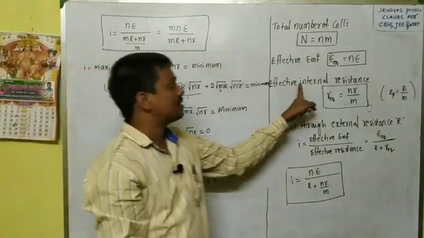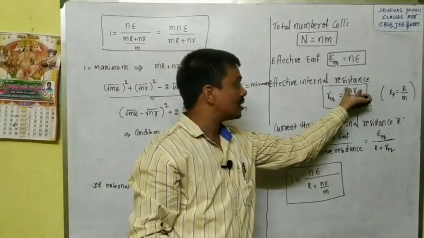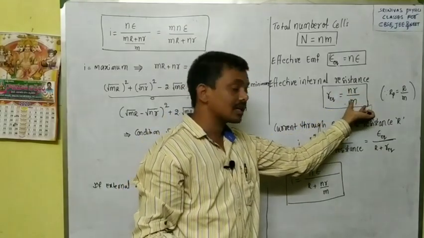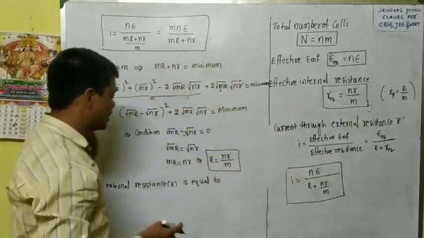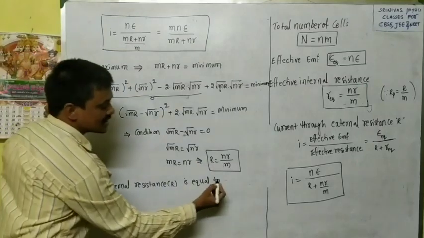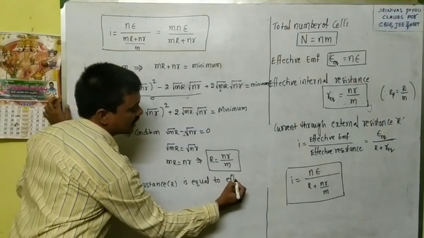NR by M is the effective internal resistance. In one row internal resistance is NR, like that M rows are there, that's why effective internal resistance is NR by M. If external resistance is equal to the effective internal resistance,